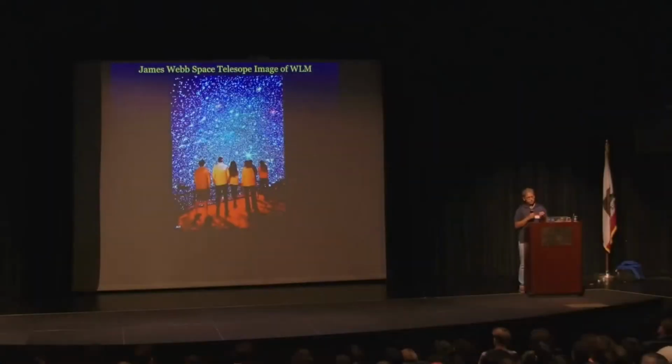This is a beautiful image that came to my attention. This is one of the satellite galaxies of the Milky Way, imaged with the James Webb Telescope. This galaxy is called WLM. I don't know why. It's an odd name for it. But the people who are watching this, the 6 people who are looking at this image, are actually inside a planetarium, and this James Webb image is being projected onto the planetarium dome. The comment from one of them was they felt like they were inside the galaxy.